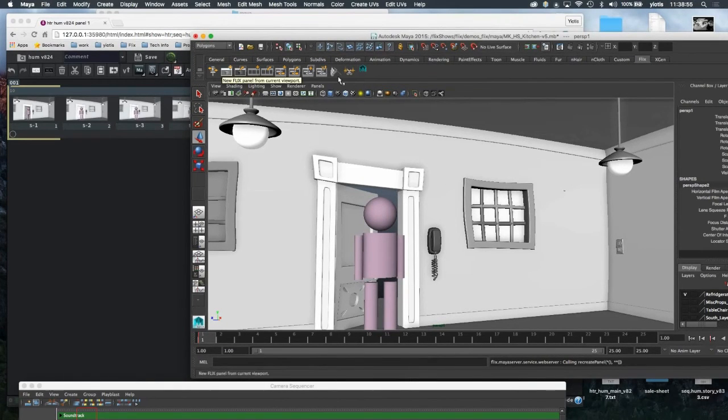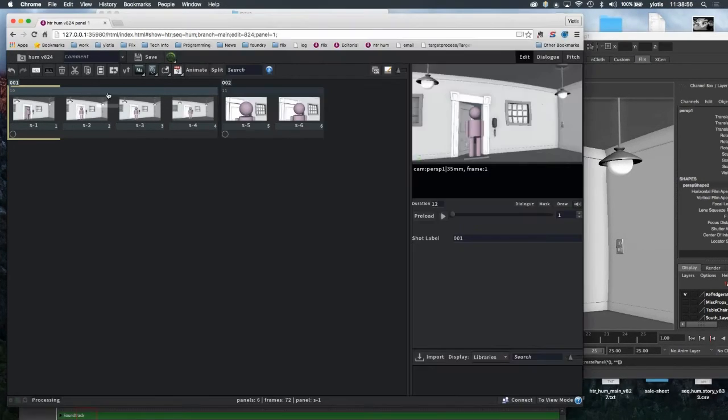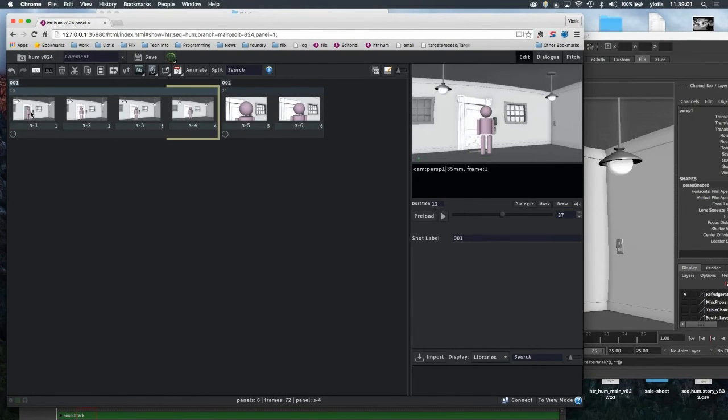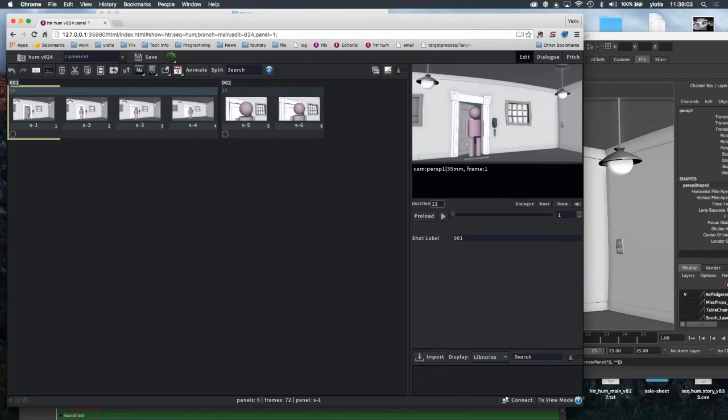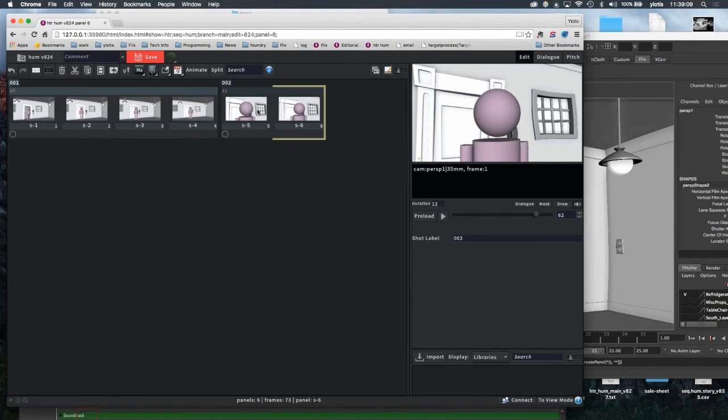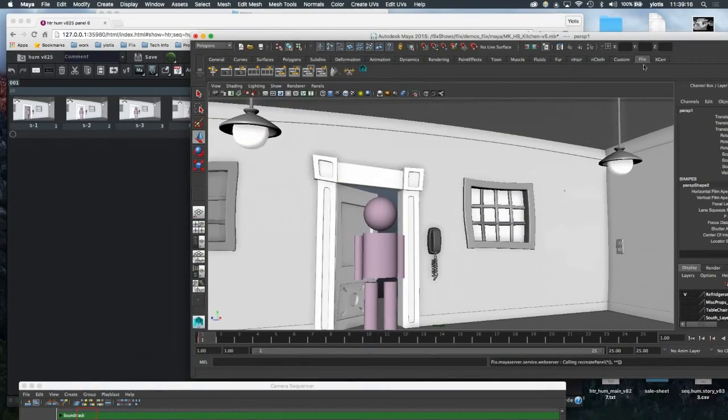One of the other cool things is that let's say I send this to Editorial, and Editorial decides that this is going to be used for 10 frames, that shot there is 15 frames, and they time out all the panels and also decide what order they're going to be used, and from all the variations decide which variations they're going to use. When I publish this back into Maya,